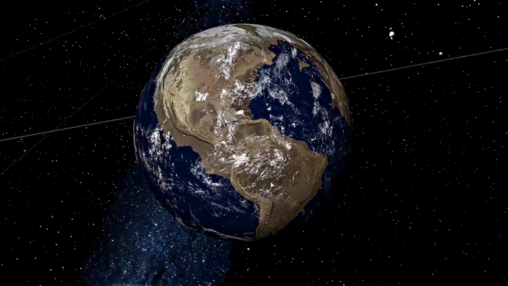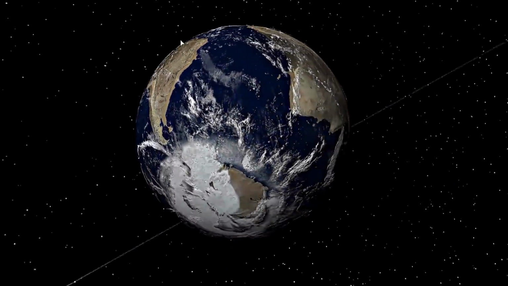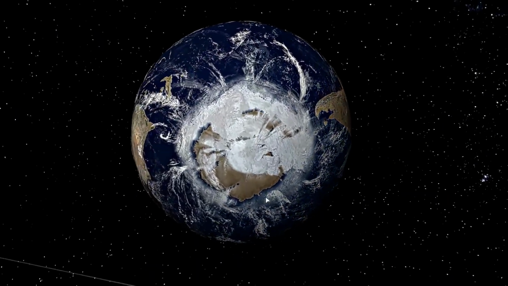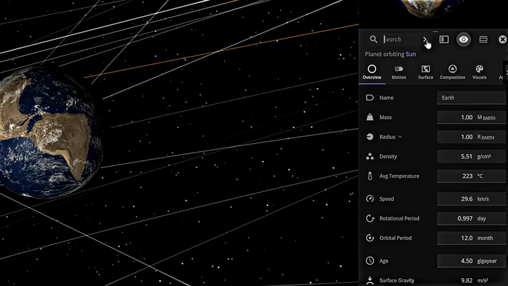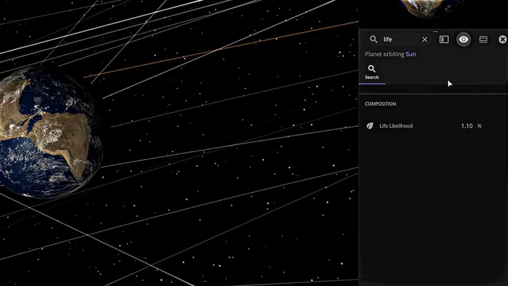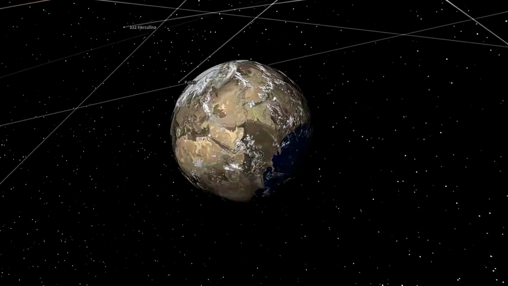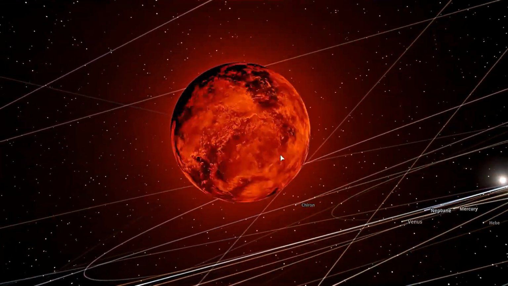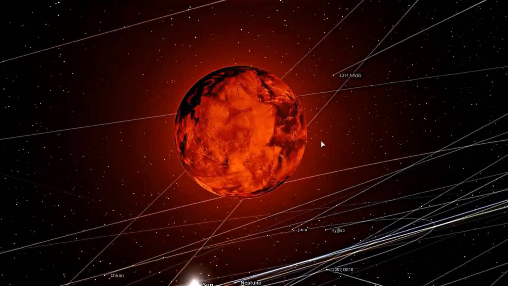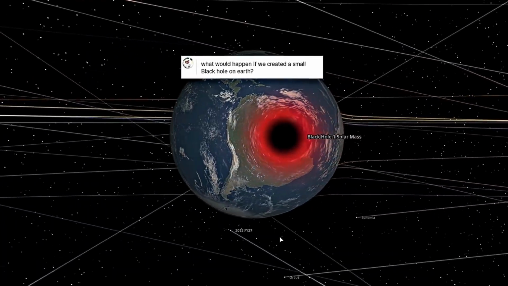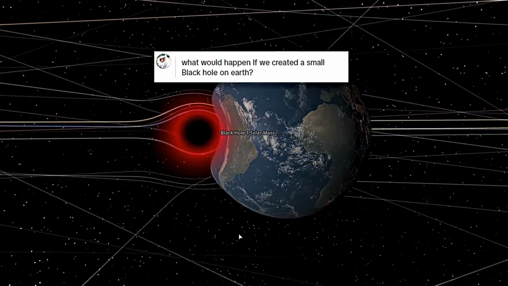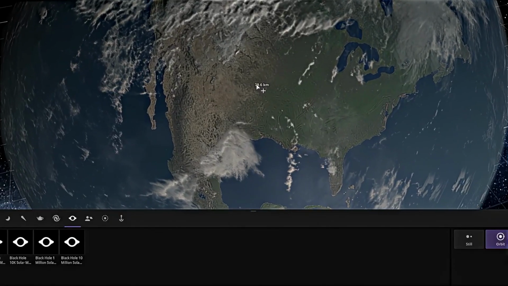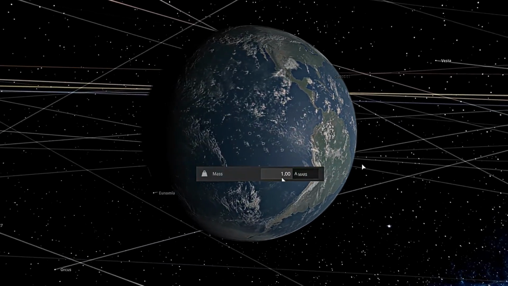Now let's make things 10 times hotter. Ooh, that's not good. Yeah, it seems like all the continents merged and became one large desert. Okay, this is starting to look like a Mad Max movie. Yeah, it's funny how the South Pole hasn't melted yet. Let's be optimistic and see if there's still life. Yeah, I think it's impossible to have life at this temperature, and after a few years we turned into a fireball. So let's hope that global warming doesn't destroy the Earth.